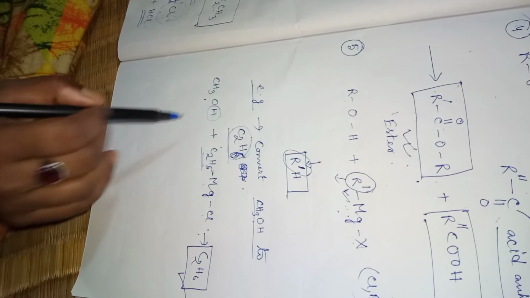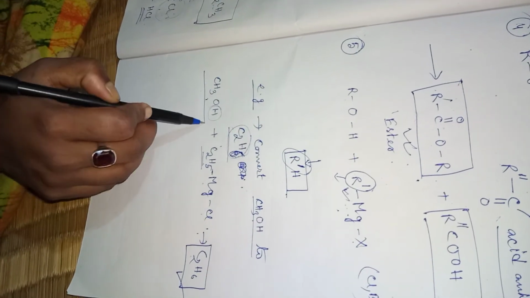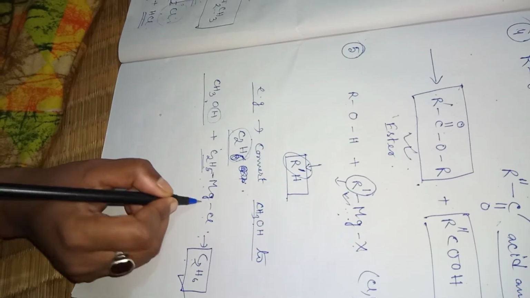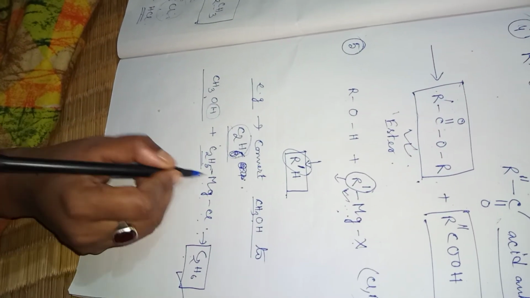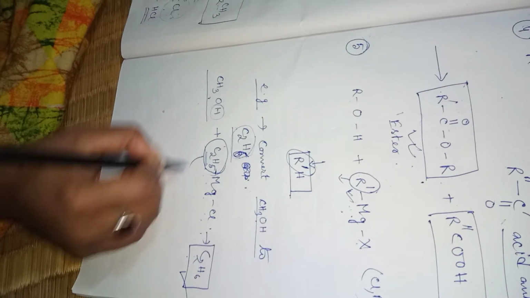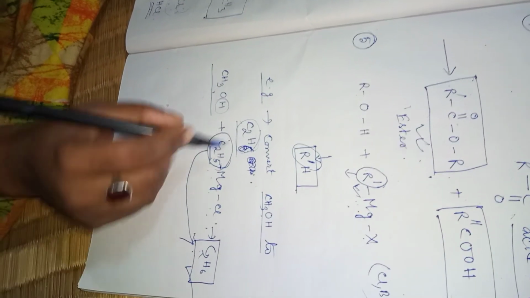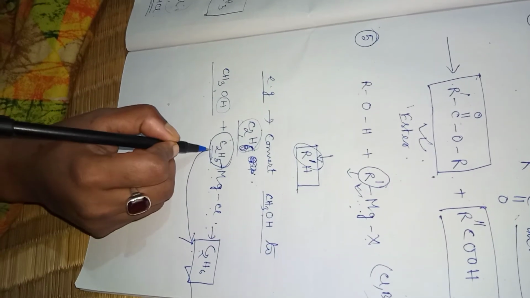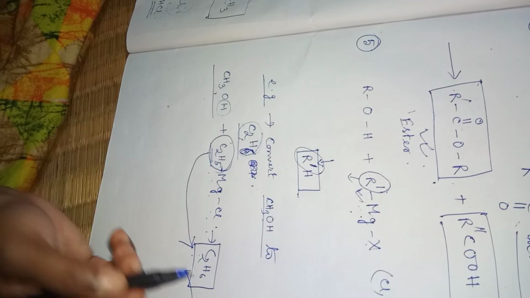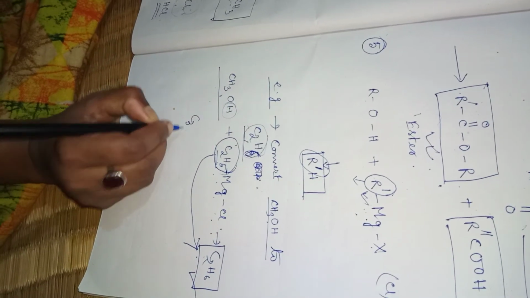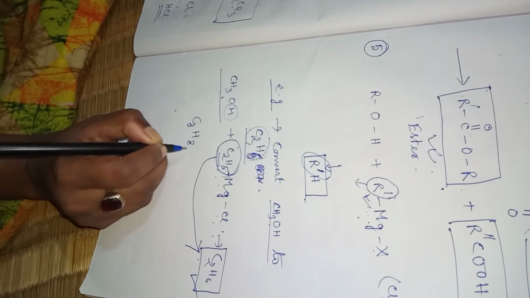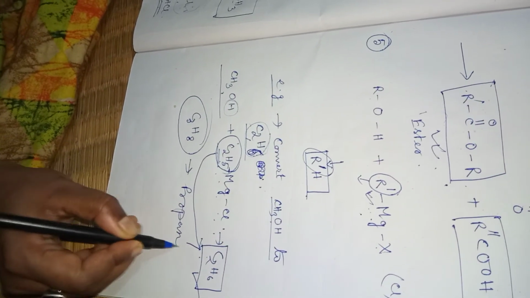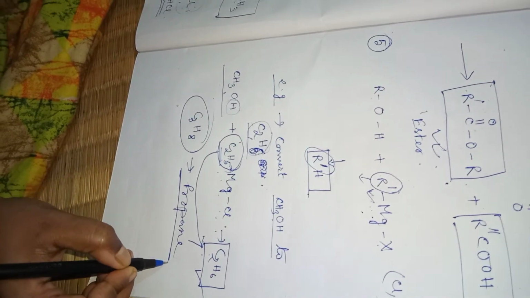Remember that which alcohol you use to get the alkane is not important. Whichever alkyl magnesium halide you take, that alkyl group is the main group from which you get the alkane. So you need to understand which alkane you want. If it is C2H6, you need to take C2H5MgCl. If your alkane is C3H8, what is the name of this? Propane, simple propane. If you want to get propane, which alkyl magnesium halide will you choose?